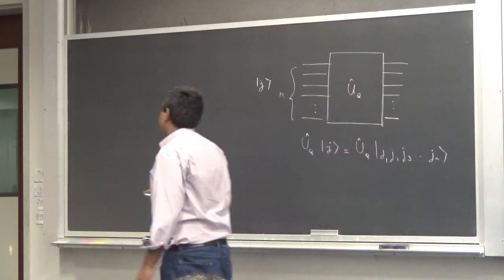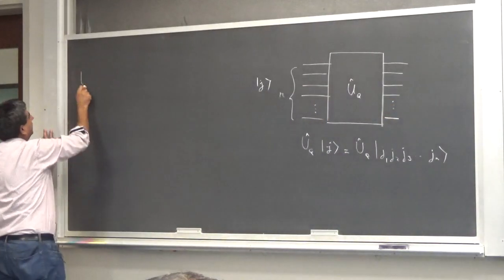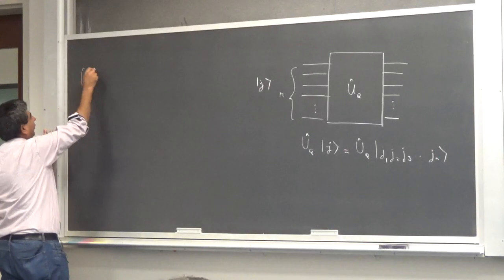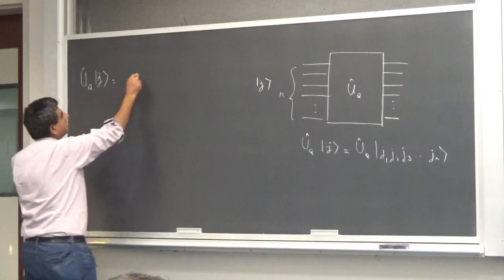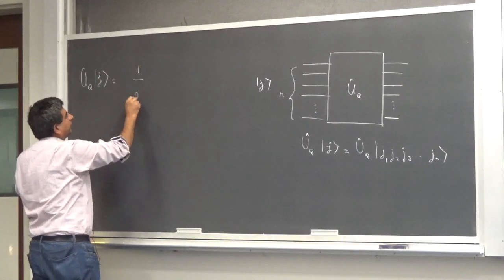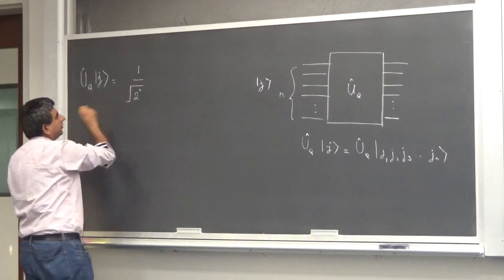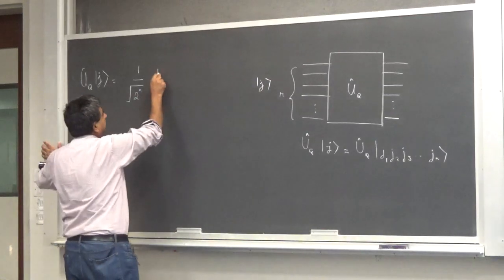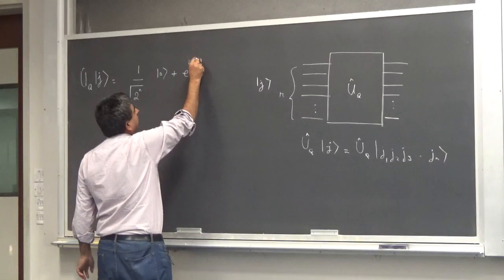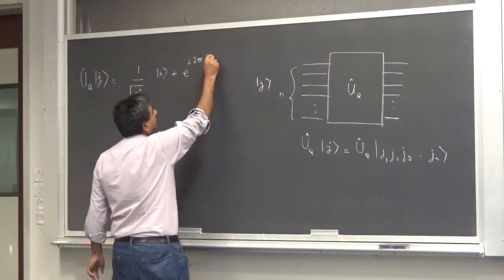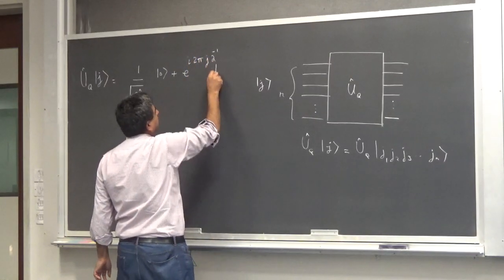And that output, we already calculated, and it was given by 1 over the square root of 2 raised to power n, (ket 0 plus e^(i 2 pi j 2^-1) ket 1)